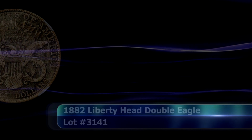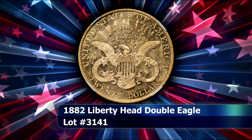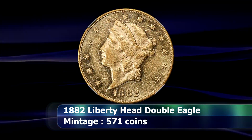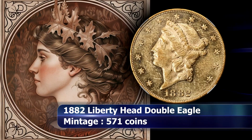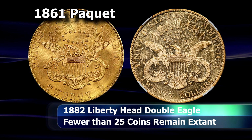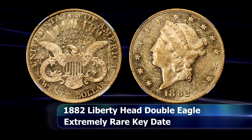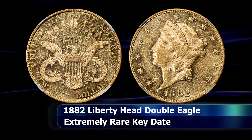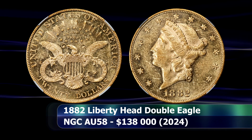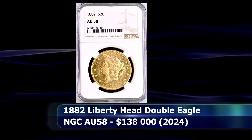$138,000. The US Mint created several low mintage rarities in the Liberty Head Double Eagle series in the 1880s, none more so than the 1882 though, which stands as the lowest mintage circulation strike Double Eagle, with a probable exception of the 1861 Paquet reverse coins, though we don't actually have an exact mintage figure for those, and it's technically more of a variety than a type coin. Anyway, pedantry aside, the 1882 Double Eagle only has a minuscule mintage of 571 coins, and it is estimated that fewer than 25 of those managed to survive to this day. This example was graded by NGC as AU58 and was sold at auction for